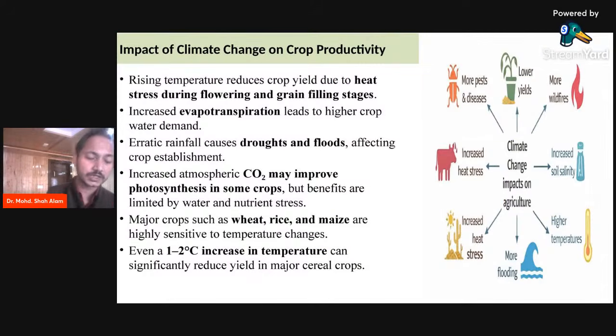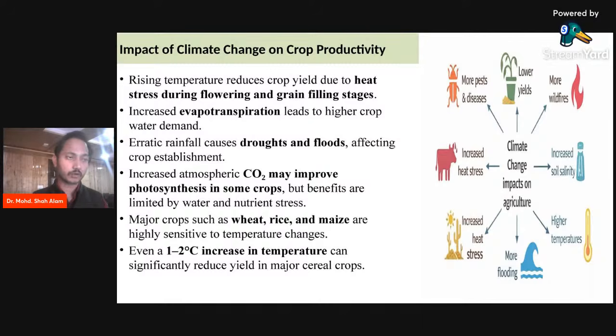Next slide shows the impact of climate change on crop productivity. Agriculture is one of the most climate-sensitive sectors. The major impact is an increase in the incidence of pests and diseases, like the armyworm. It will decrease the yield. It will increase wildfire. It will increase heat stress in cattle rearing, which ultimately decreases milk and meat production. It increases soil salinity